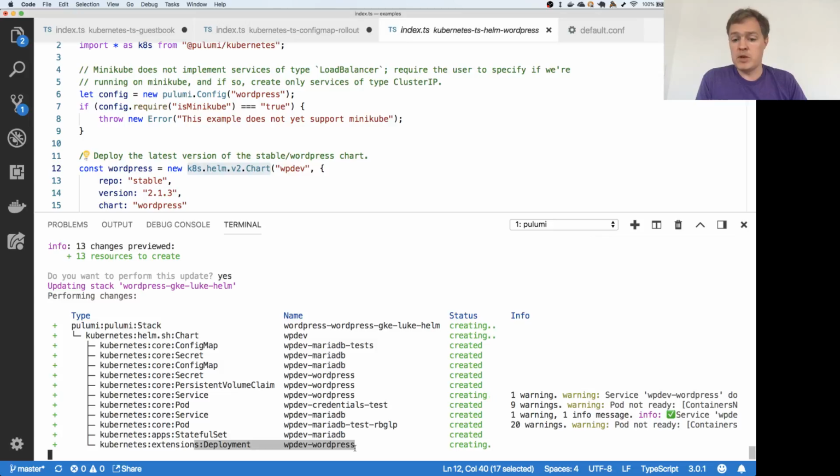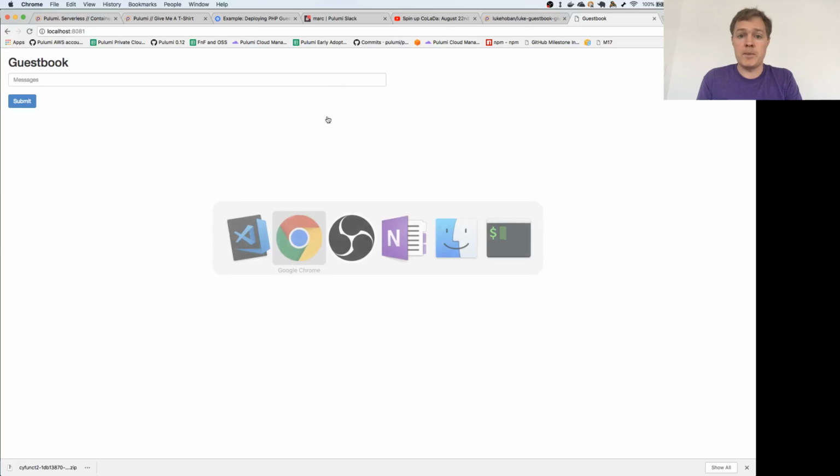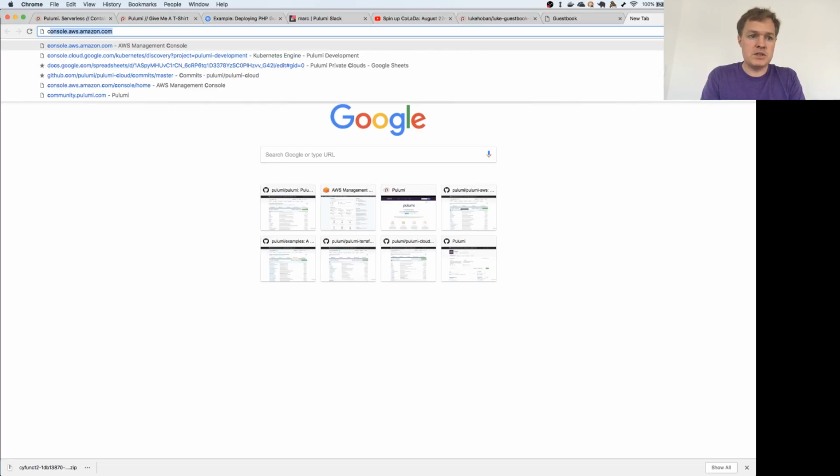And we see that the deployment of WordPress itself is still creating. That's actually deploying the pods and making sure that that is healthy, which requires pulling down that Docker image and a bunch of other things. And so we see now that the service endpoint is available, and we're just waiting for this to deploy. And in fact, we can come over here and look in the